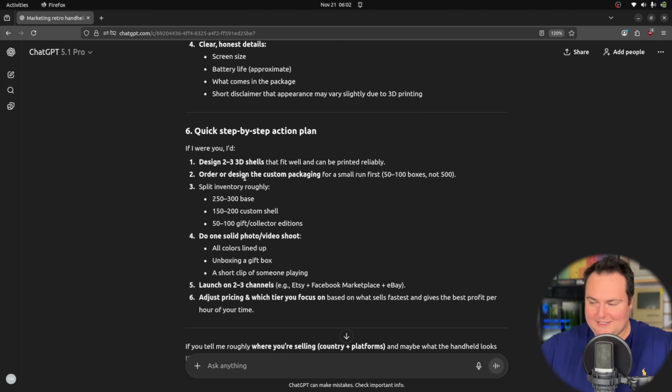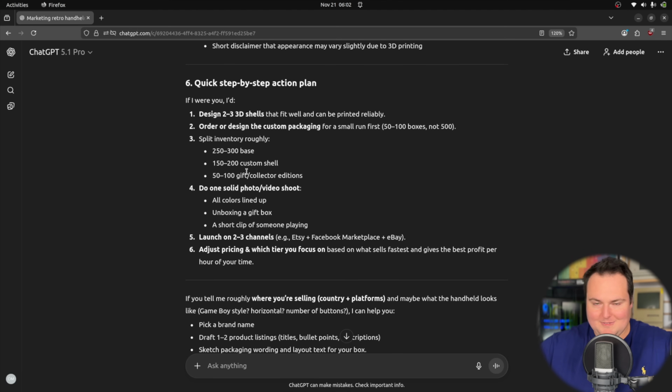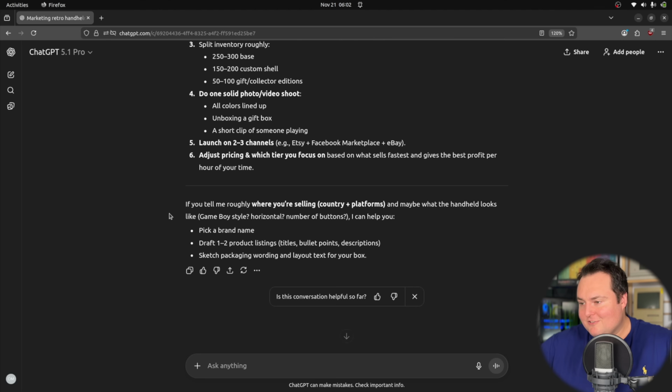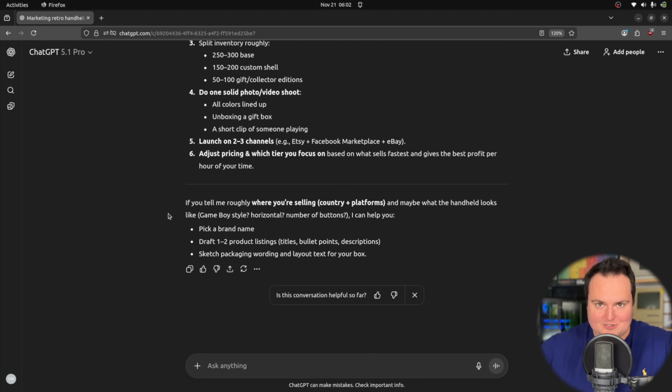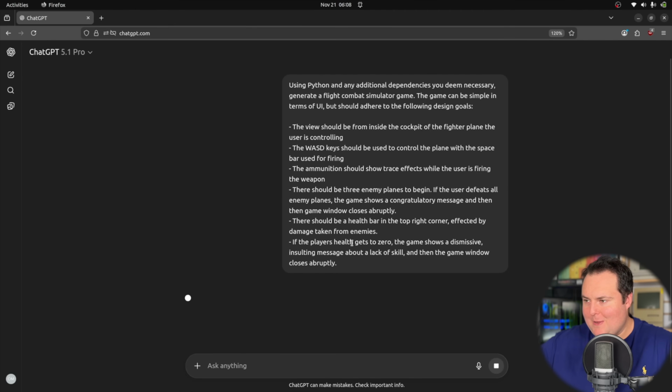And then it just gave us a quick step-by-step action plan for essentially a summary of everything it gave. So again, this is kind of a different test, but just a way to see how it would ultimately make something out of nothing, which would be trying to distinguish a dropshipped product which has a lot of carbon copy competitors. I'm now going to ask it for a Python coding test, but because I want something visually